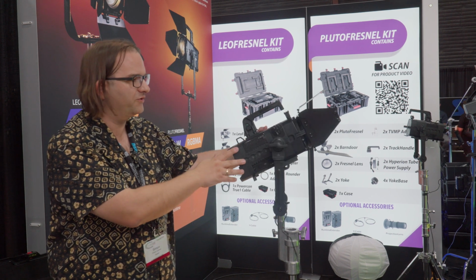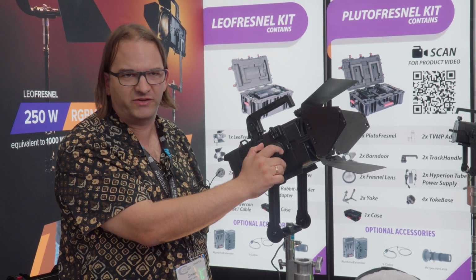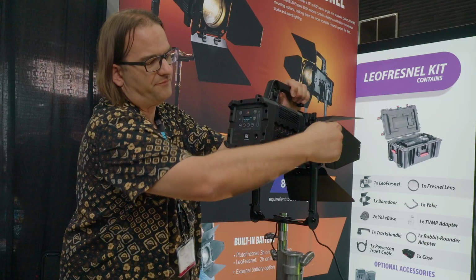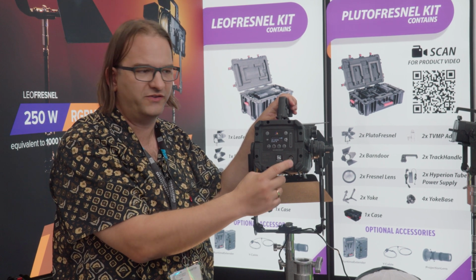So let's move over to the PlutoFresnel. This is a very small fixture. It's only an 80 watt LED, which is equivalent to a 300 watt tungsten. It is, again, the same LED engine as our Titan Tube, has the same menu here, all the same here, and it even has the same DC input as the Titan Tube, which is at 24 volts,